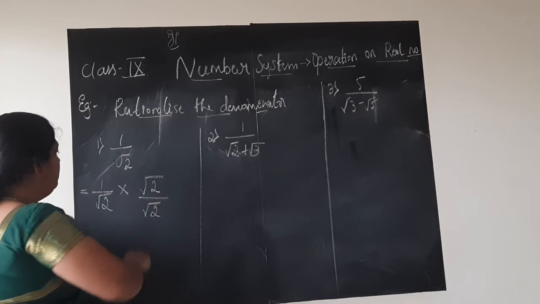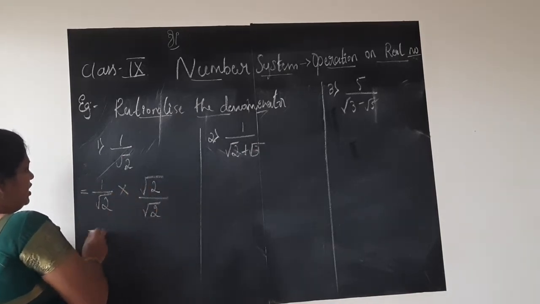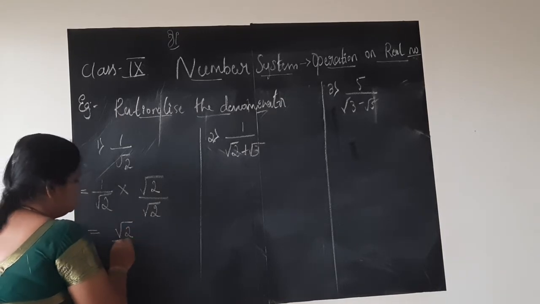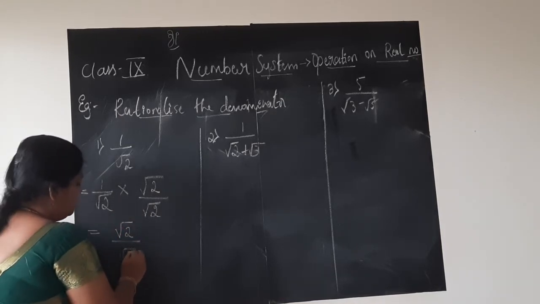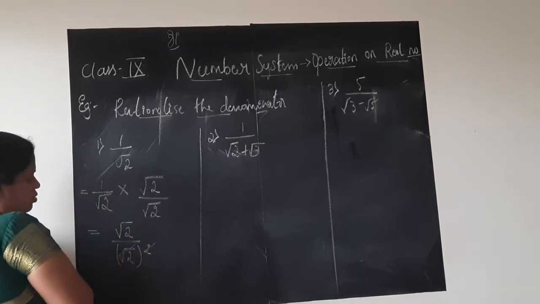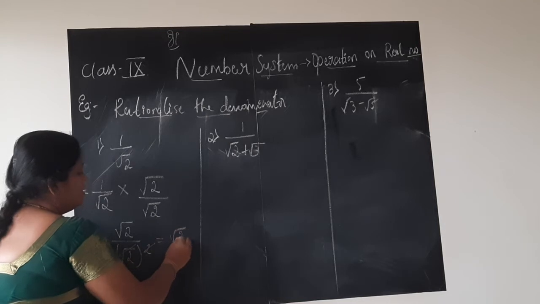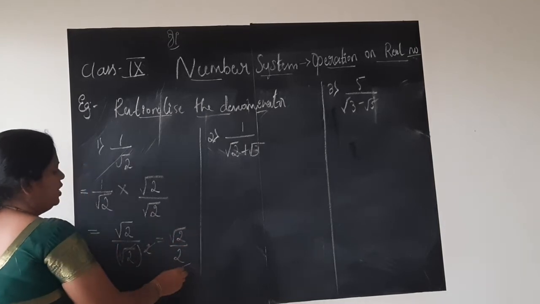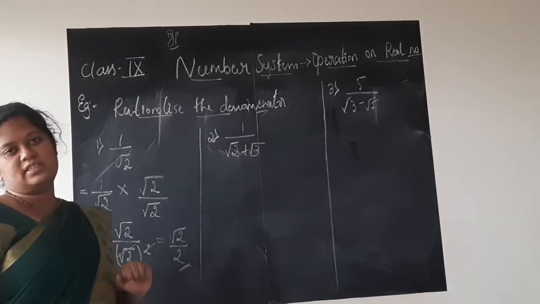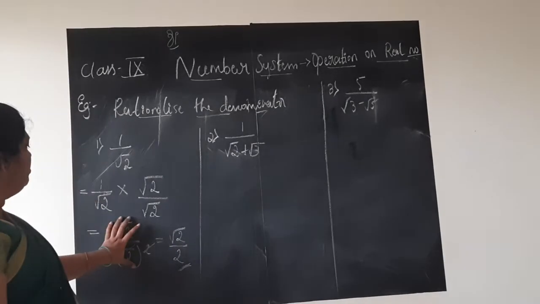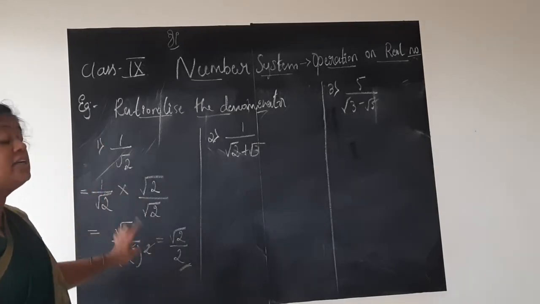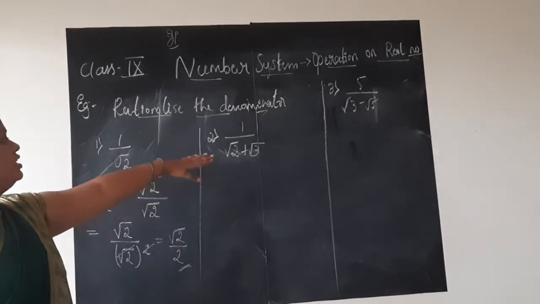Next step is to multiply the numerator separately and the denominator separately, again in the form of a fraction. 1 into square root 2 is just square root 2. Square root 2 into square root 2 is square root 2 whole squared. The square root will get cancelled. You are left with square root 2 divided by 2 as the answer. Further it cannot be simplified, so leave it as it is. This is how you do it. This simplification you can do, no problem. The new thing you are learning here is how to rationalize the denominator. Next we shall see this problem.